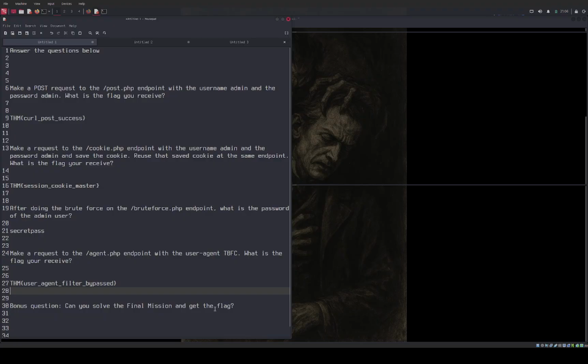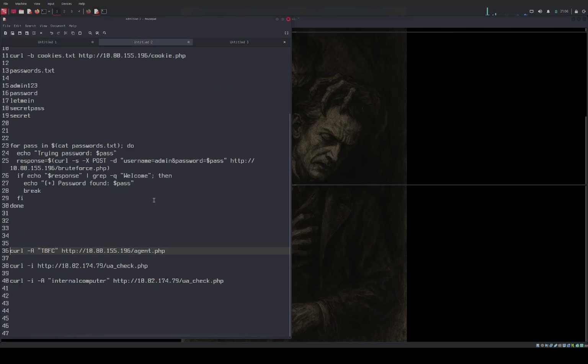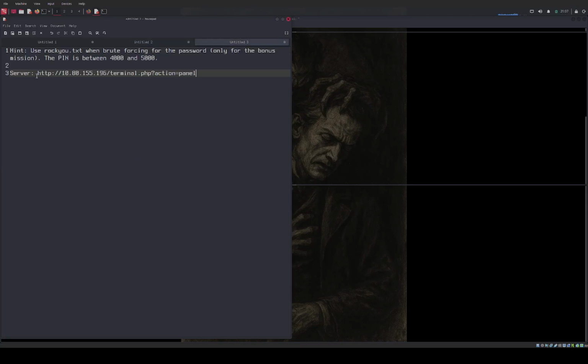So bonus question, can you solve the final mission to get the flag? Right here's the bonus challenge hint and everything. They say hint, use rockyou.txt to brute force for a password only for the bonus mission. The pin is between 4,000 and 5,000. Server is this. So we'll copy this